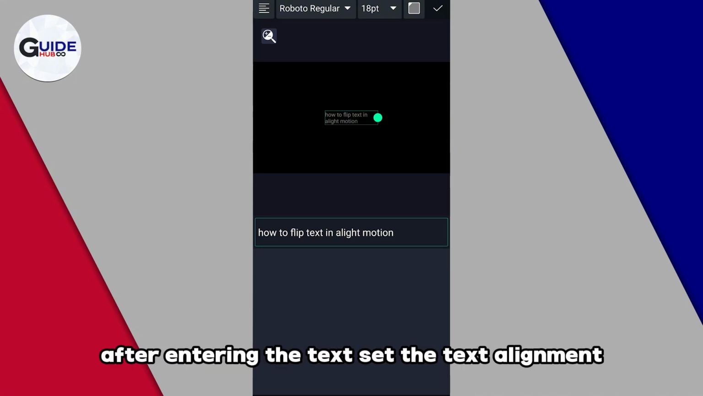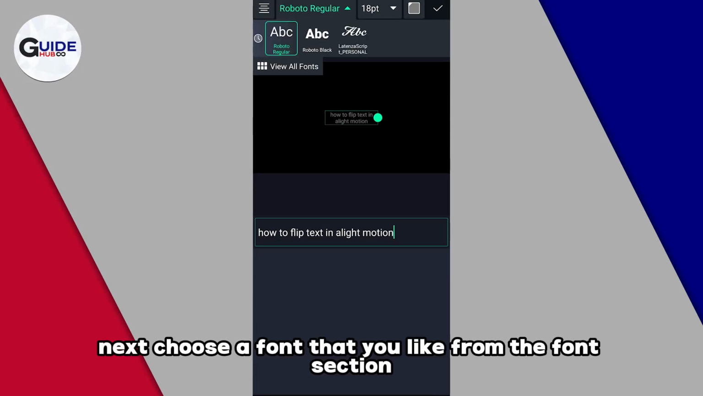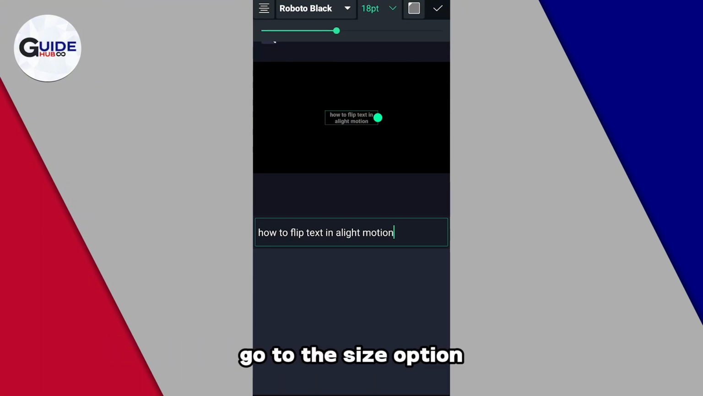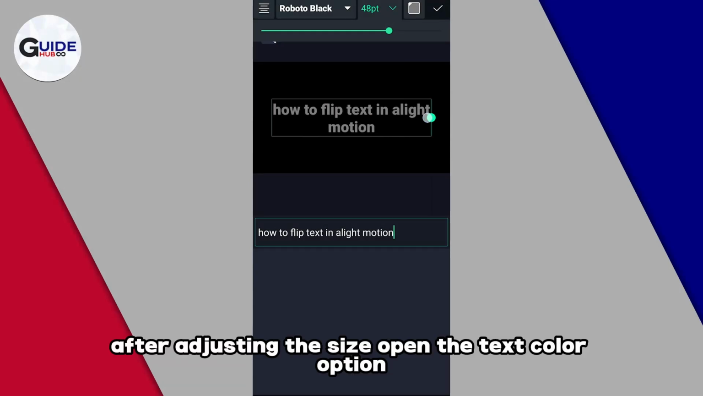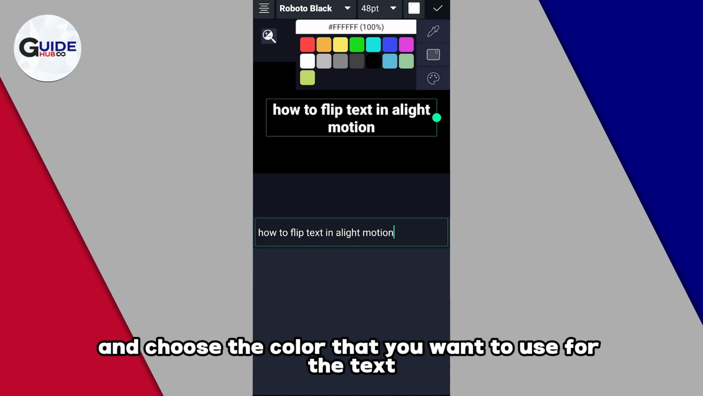After entering the text, set the text alignment using the available alignment options. Next, choose a font that you like from the font section. Once the font has been selected, go to the size option and adjust the text size until it fits your project. After adjusting the size, open the text color option and choose the color that you want to use for